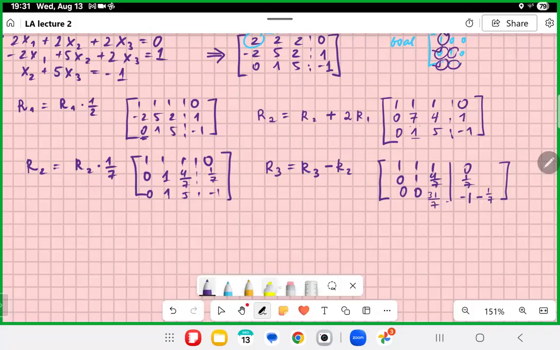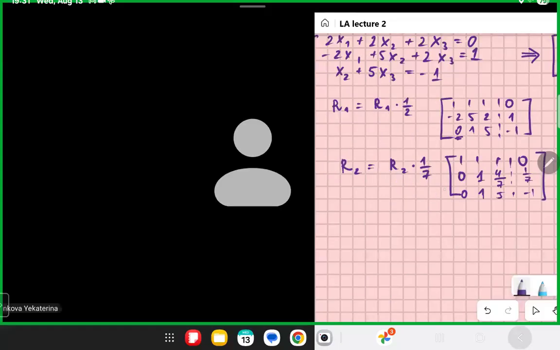And over here, guys, what do we need to write down? We have minus 1 over 7, so it's going to be minus 8 over 7, right? Minus 8 over 7. Well, very good. So we have 1, 0, 0, 1, 0. We just need to turn our last